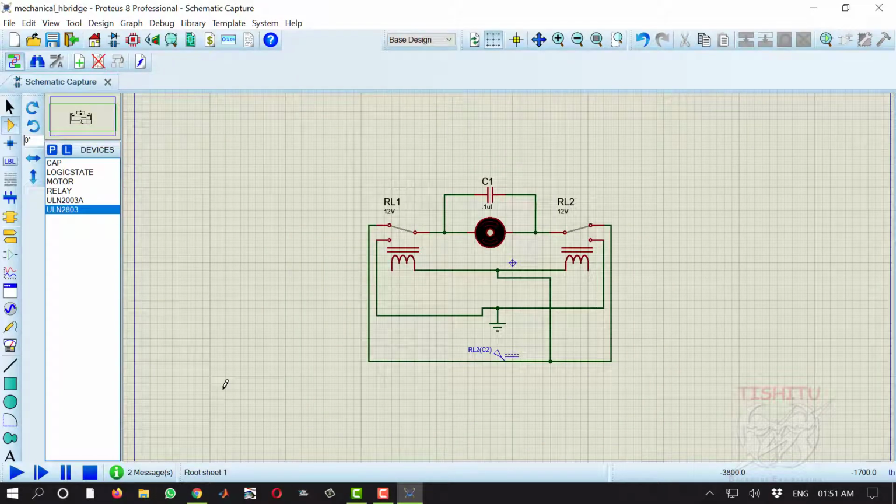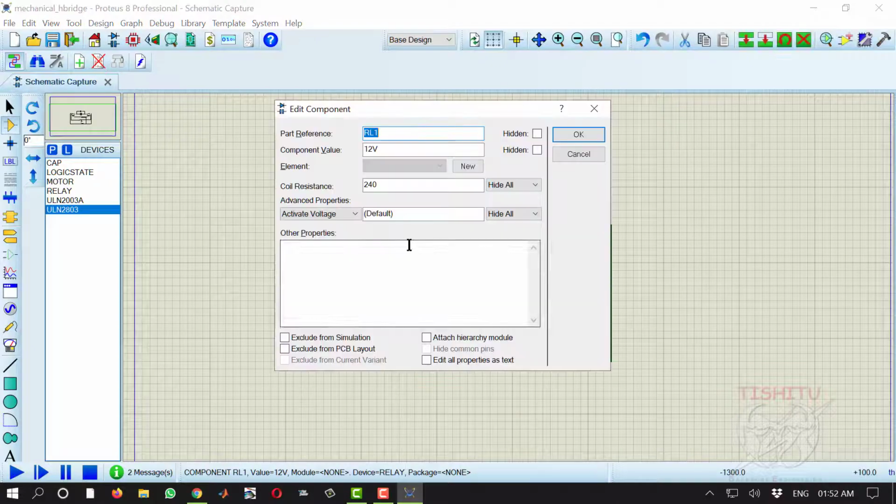So this circuit is completed. To operate this circuit, you have to attach some type of switch, IC, or microcontroller to trigger it. To operate these relays, the resistance is nearby